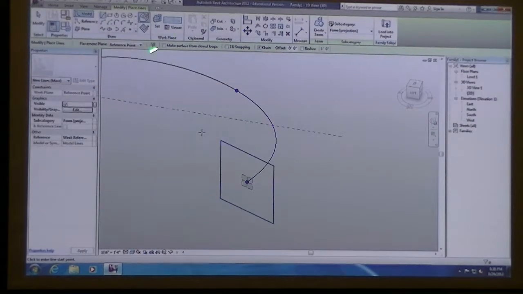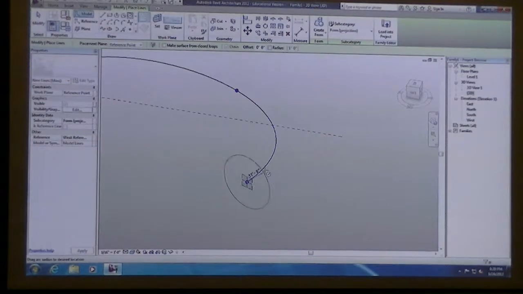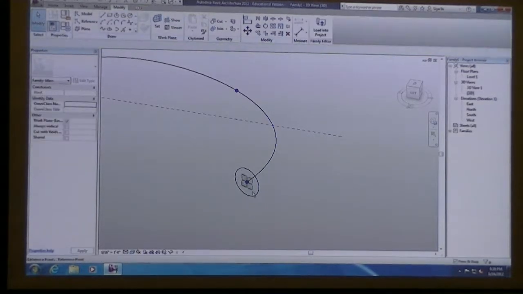One of the annoying things is as soon as I do that, my drawing command takes me off of the circle and takes me back to the default line. So I'm still in this command. I need to go back and click on circle, and then I can click on the center point.